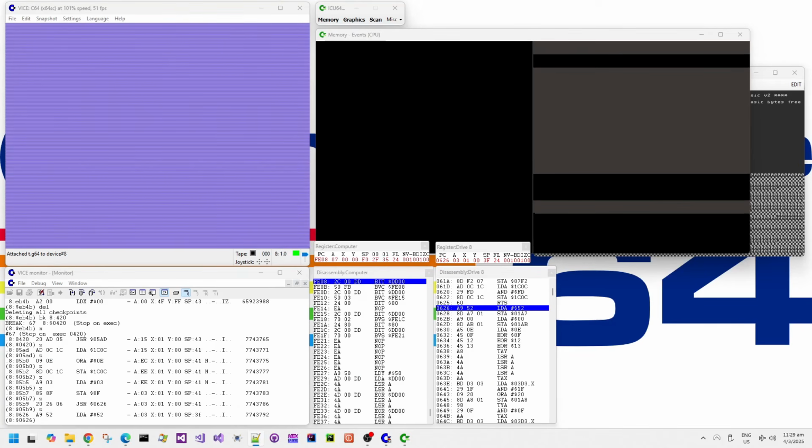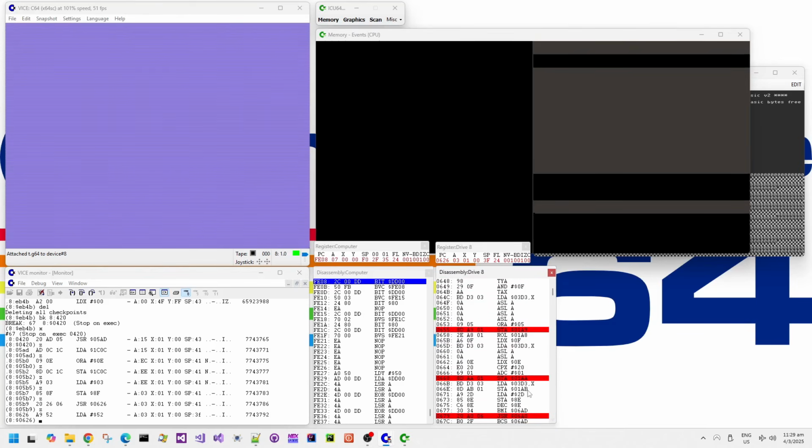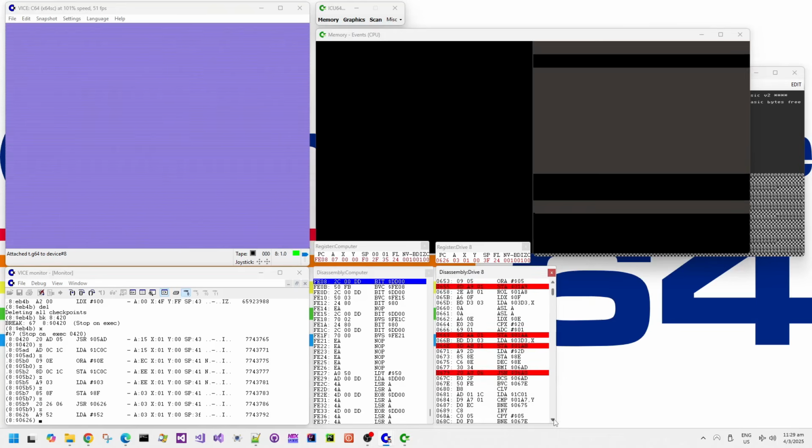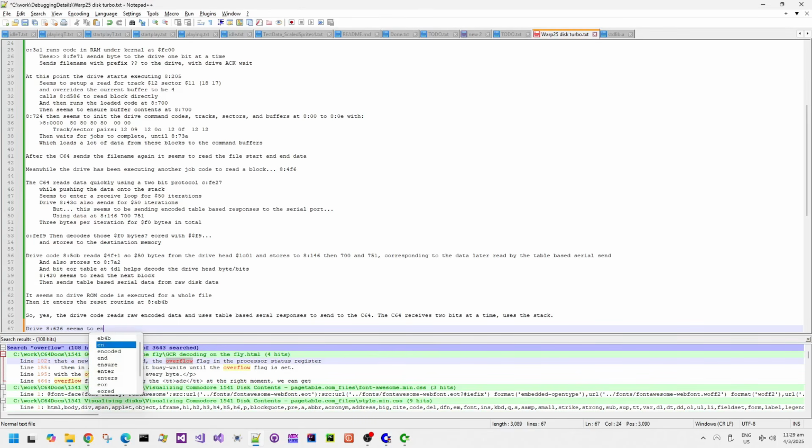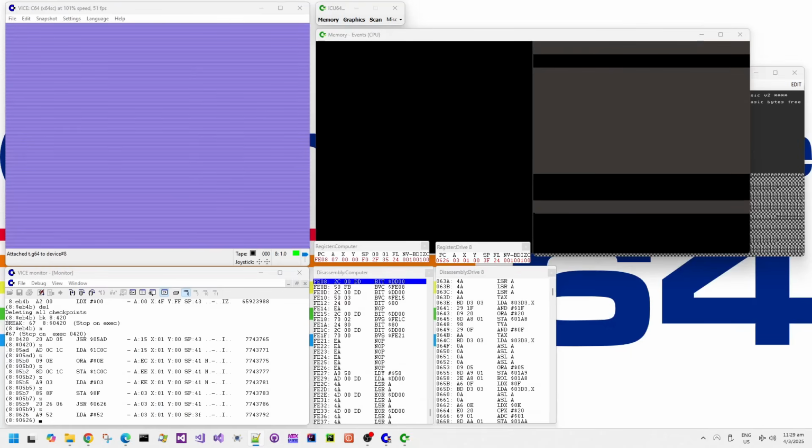So it's storing into 1A7, 1AB, 1A8, 1A9, and it's storing into 1AA and 1AB. And it's using tables at 3D3, so it seems to be taking some input values and then transforming them with that table at 3D3,